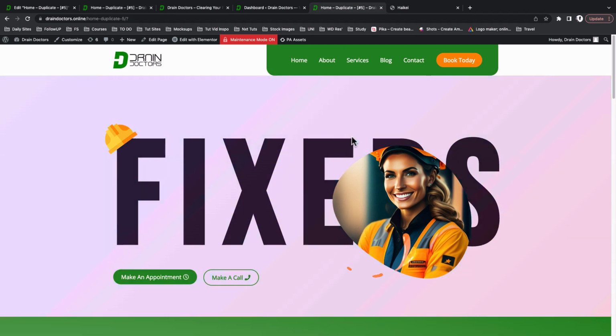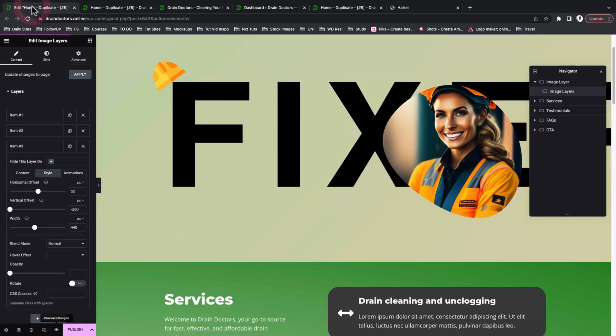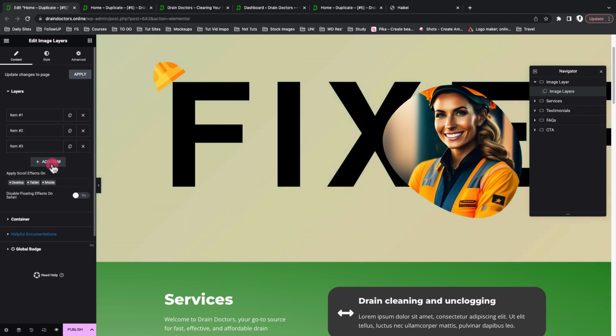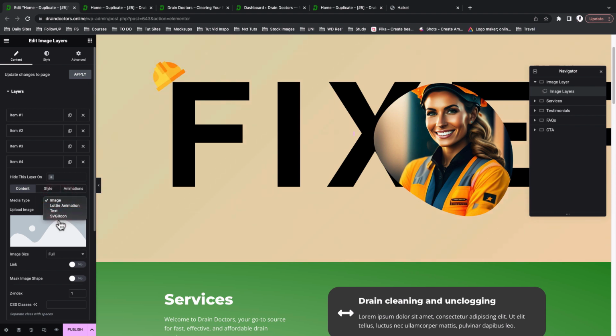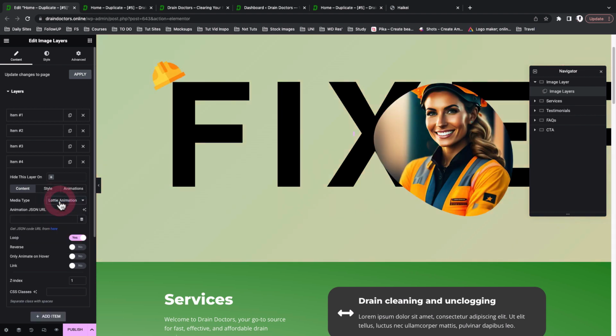Now what we are going to do next is to add our Lottie animation, which you see down below here. So to do that, we are going to come back here to our editor. We are going to come here to the items, and we are going to say add an item. Right over here, we're going to come to media type, choose an SVG, choose the Lottie option or Lottie animation,